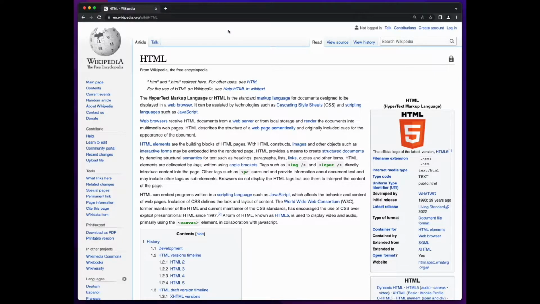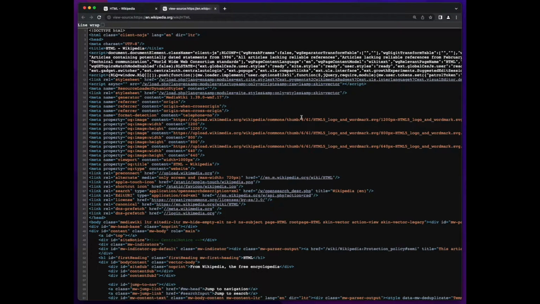Now, before we dive into the actual developer tools, let's take a look at a resource which is available in all web browsers, which will allow us to view the source of the HTML code the browser is using to render the web page. We can do this by right-clicking a blank area on the web page, then selecting the View Page Source option. And here's the HTML code which a developer wrote to display the content of the Wikipedia HTML page just as